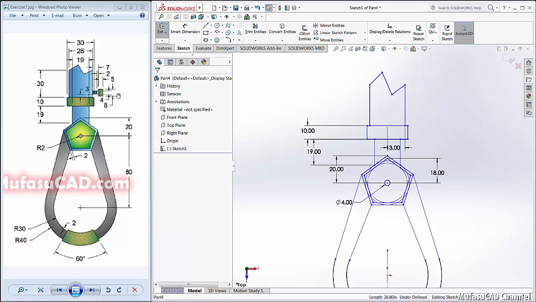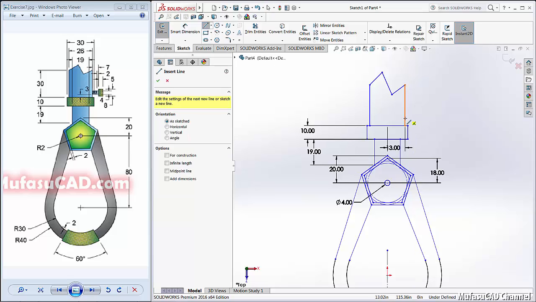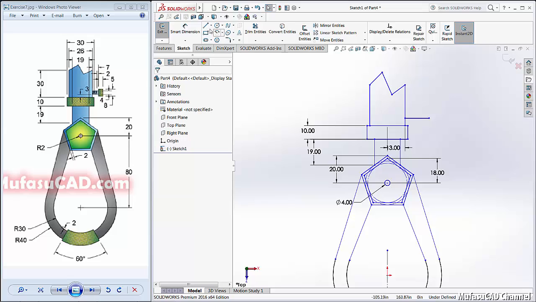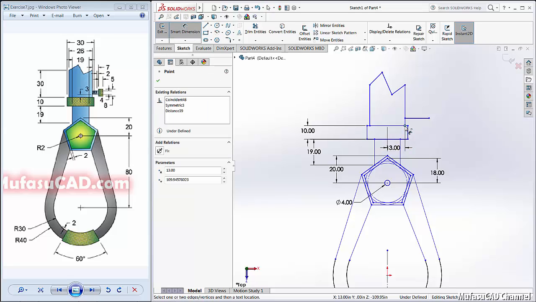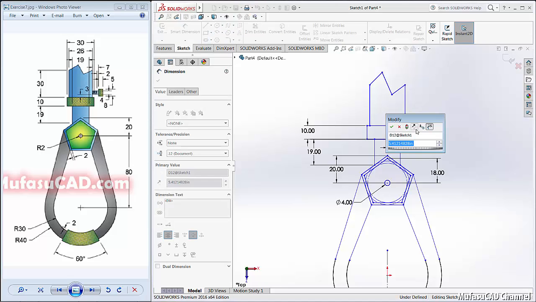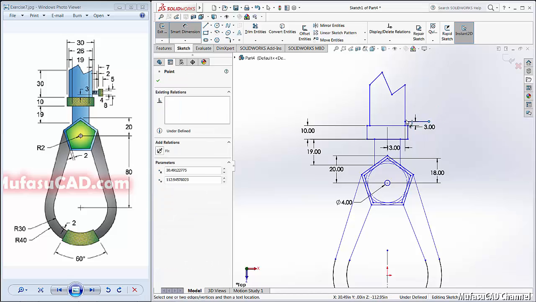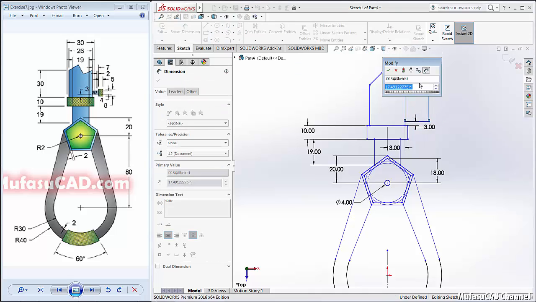Okay, next we create this object. First I will create line here. Okay, right click, select, and give the distance in here about 3, and length of the line in here about 7.